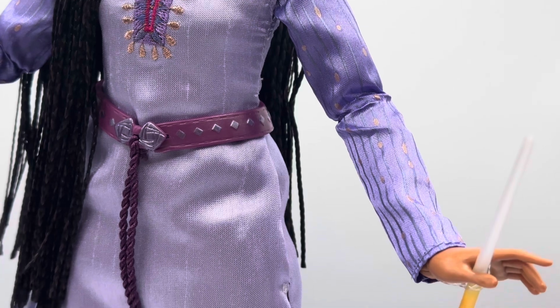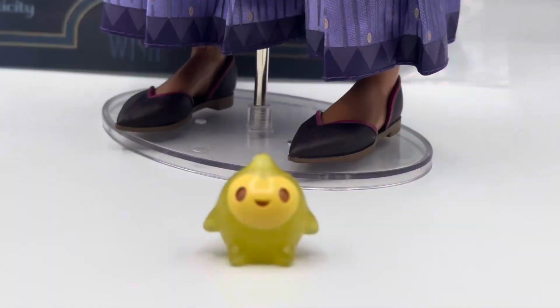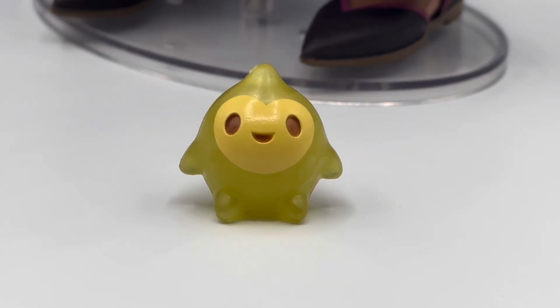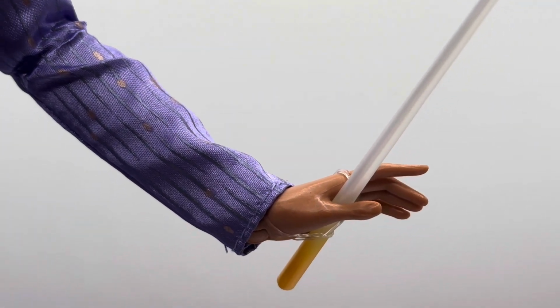But I may be a little bit biased because I do love the film so much, but I also am probably not biased because doll collectors all have different expectations. We all like different things. We all expect different things, and something that I expected and love is that this Asha doll does come with Star, and they are so cute. Star is actually my favorite Disney sidekick, surprisingly, so I'm so happy that Star was included with this doll,